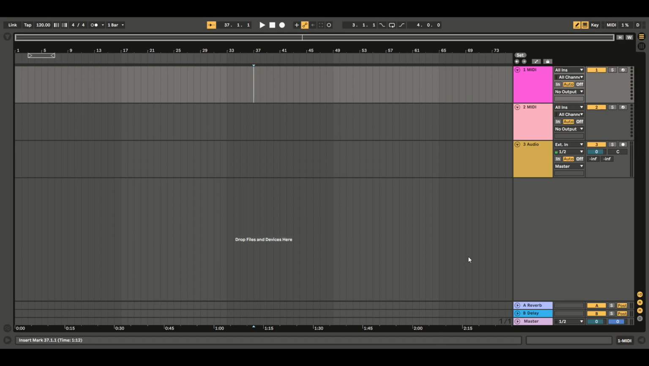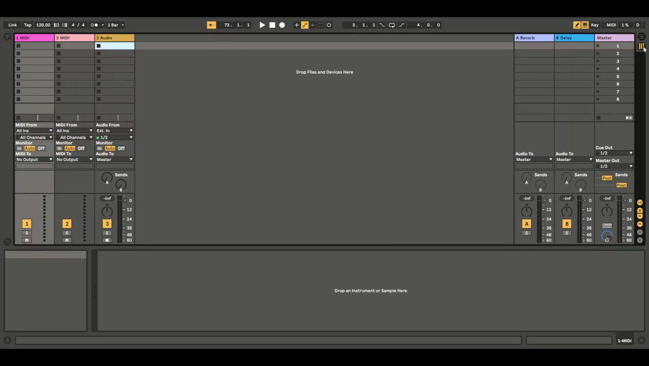So the arrangement view that we have open at the moment is a way of looking at your song in a linear fashion, almost like a piece of sheet music where there's a start at this end and a finish further down the track. And you'll see along the bottom you have a timeline which corresponds to the number of seconds and minutes that have passed as part of the song. The session view